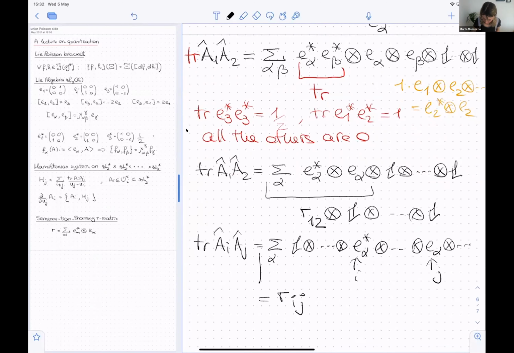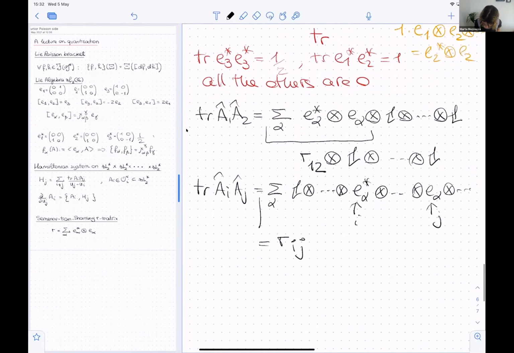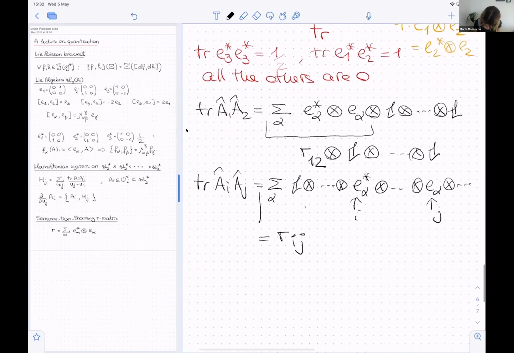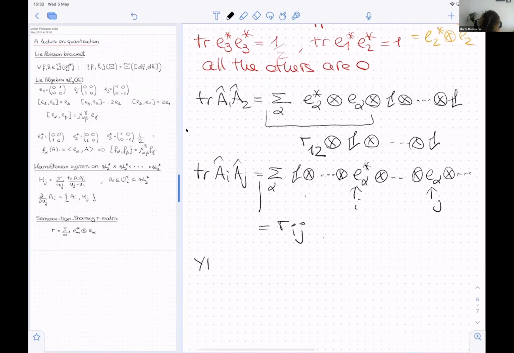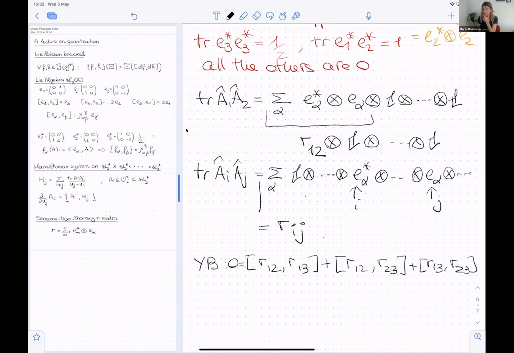Okay, so why am I insisting on this R matrix? Because this R matrix satisfies the so-called Yang-Baxter equation, which is the following. And this is also something that you can do even by hand. You don't even need Mathematica to do this. I mean, do it by hand, it really means that you are bored sick, okay? If you put it in Mathematica, it's a little bit faster. But yeah, okay, so this is the classical Yang-Baxter equation, and the quantum system we get